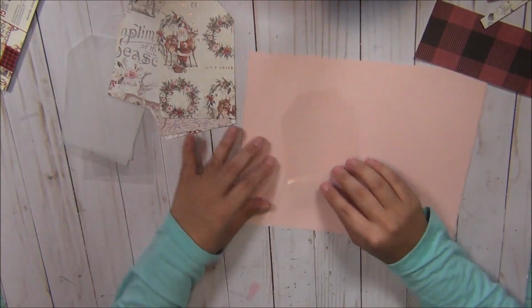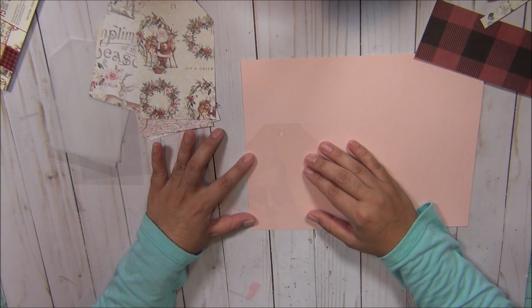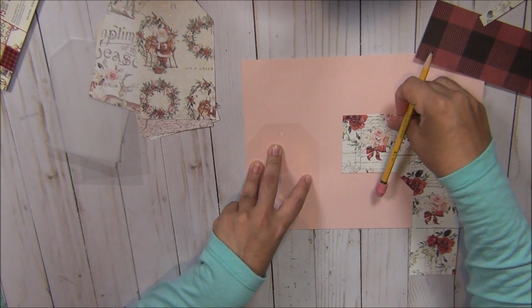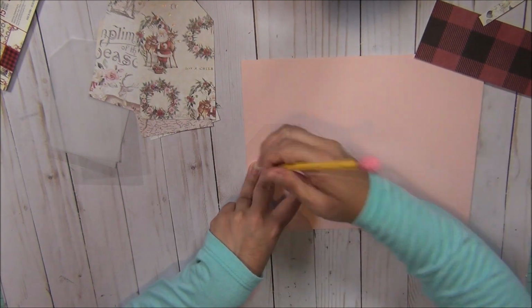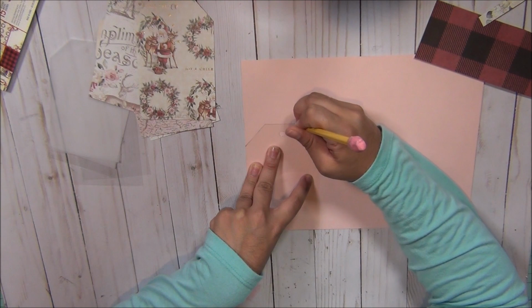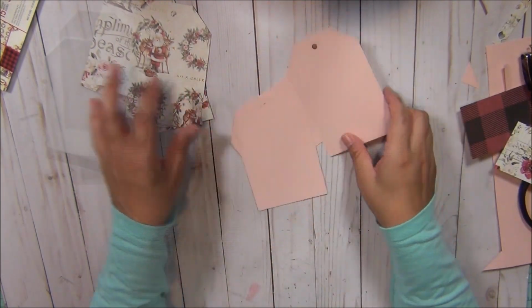Okay, I am going to include a solid color, which is gonna be this pinky color that I think goes with the roses, the pink roses. So I'm just gonna cut a couple tags. Okay, so now